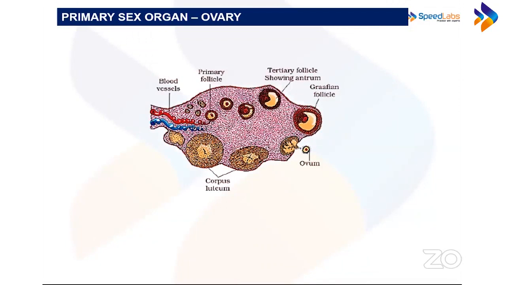Yes. Please repeat its functions. Ovary's function is that it helps in the production of gametes, and second, it helps in the production of hormones. So both these are the important functions of the ovary. ठीक है? You can see the lining of the ovary. दिख रहा है. तो ovary की lining को क्या बोलते हैं?